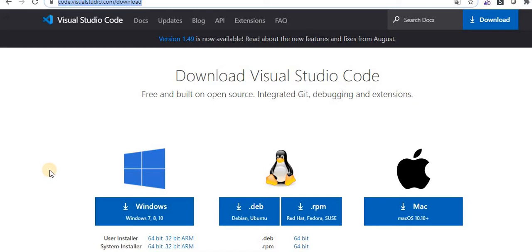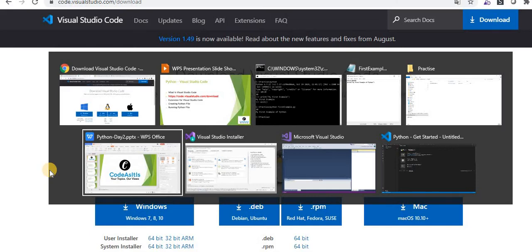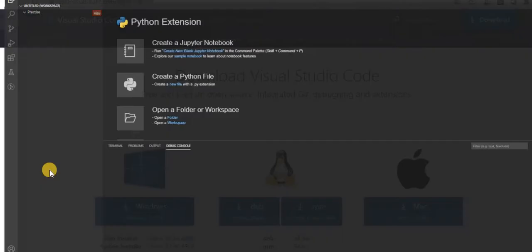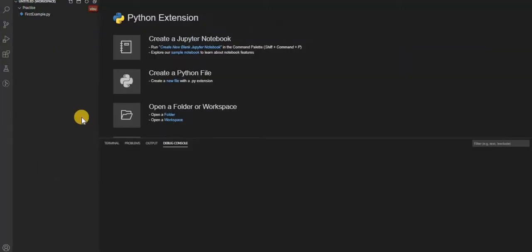You click on the download. I have already downloaded it. You can download it and simply run it. It doesn't need anything. It's freeware. It's lightweight. It also gives annotation, and it has n number of extensions. If you are working with JavaScript, Python, or C#, it gives you innumerable features to work with. So let's start. I've already opened it and installed it. By default, this one is Visual Studio Code.